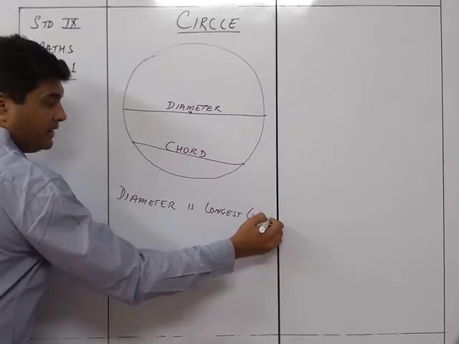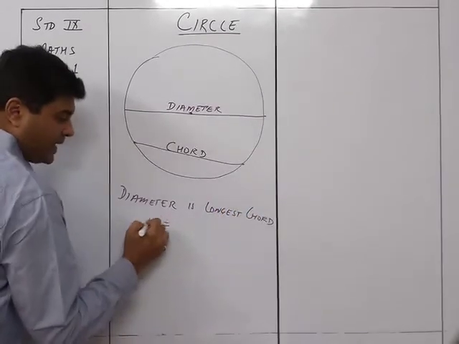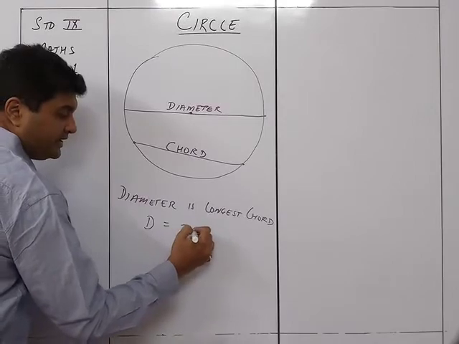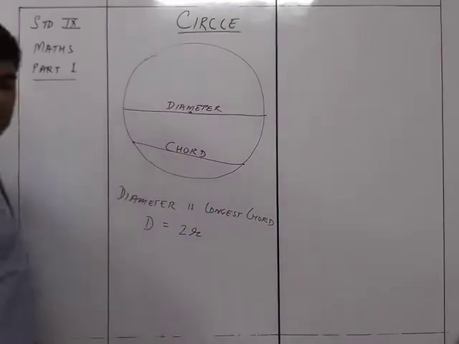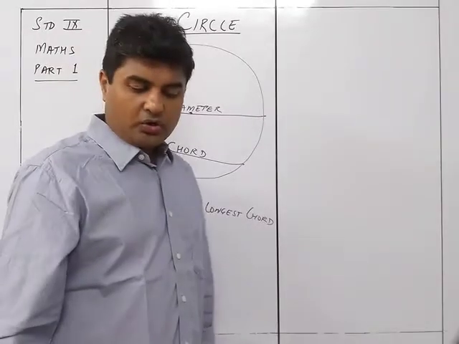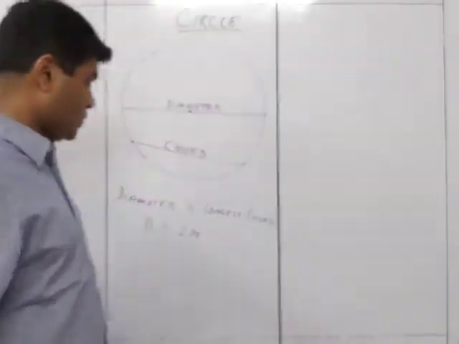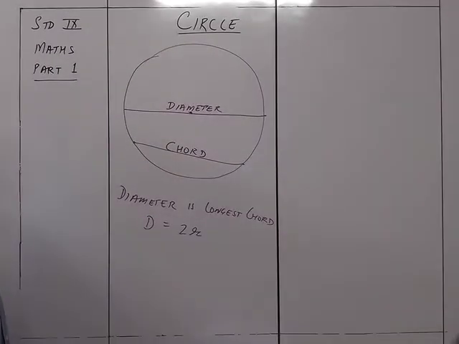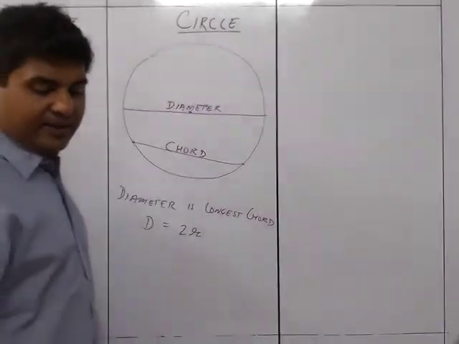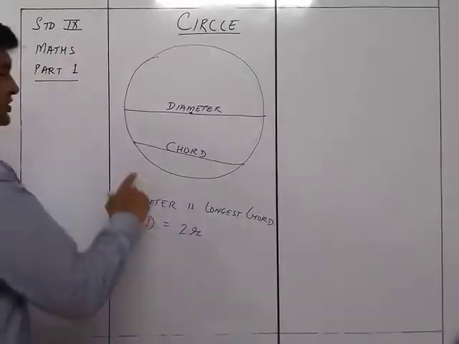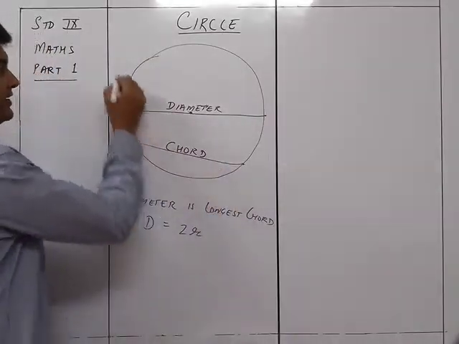Okay, and the value of this is equal to diameter is equal to twice the radius. So diameter is equal to twice the radius, or 2r. D is equal to 2r can be the formula for the diameter. The next one we see is that if this is not a segment, but if it is a line,